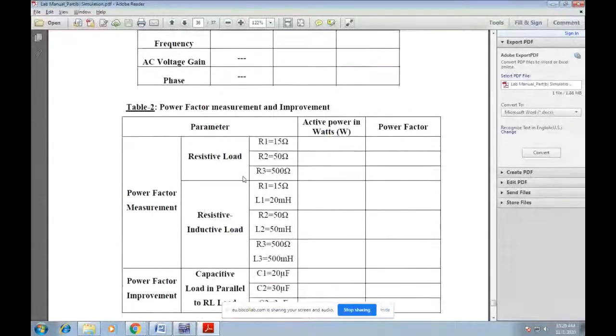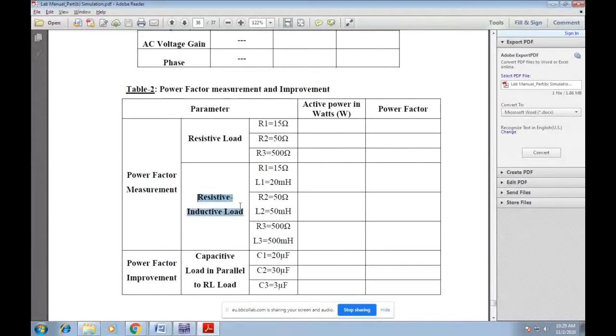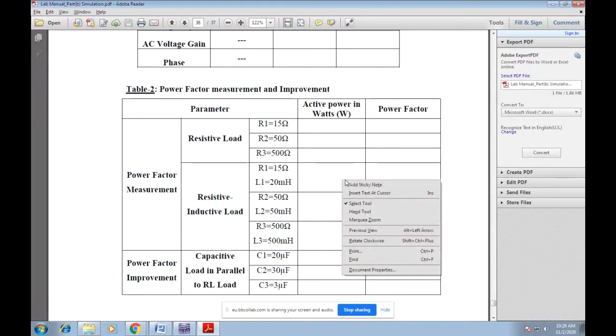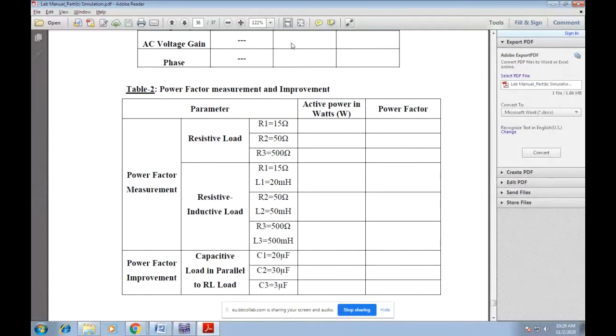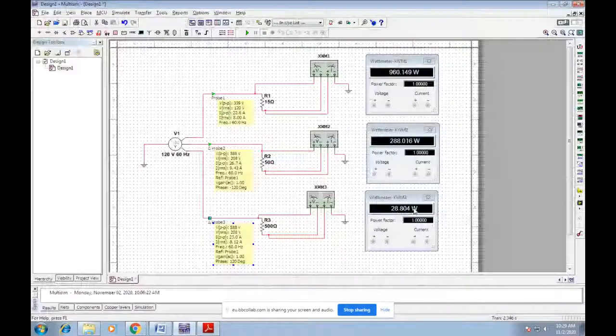So as a next step, we will use resistive and inductive load. Here we have to use a series RL circuit. So R is the same, 15 ohm. You have to use L1 as 20 millihenry. So if you connect this,